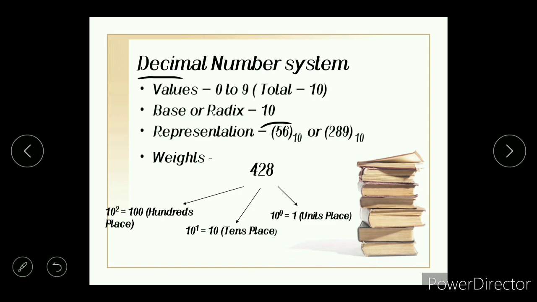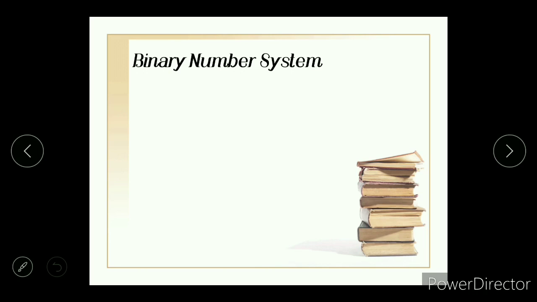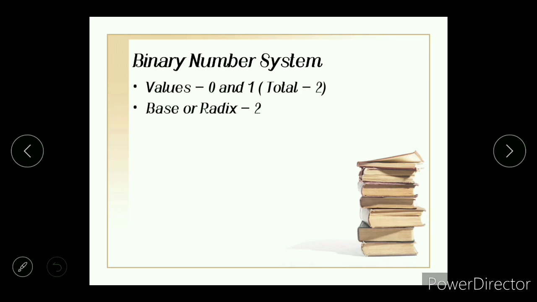So this is all about decimal number system. Next, we have to study binary number system. A computer system doesn't understand decimal numbers. Computer understands only two values, two levels. That is high level, high input level or high output level, which is represented by 1, and low input level, which is represented by 0. So binary number system has only two symbols in it, 0 and 1. So what will be the base of binary number system? Correct. Base of binary number system is 2.